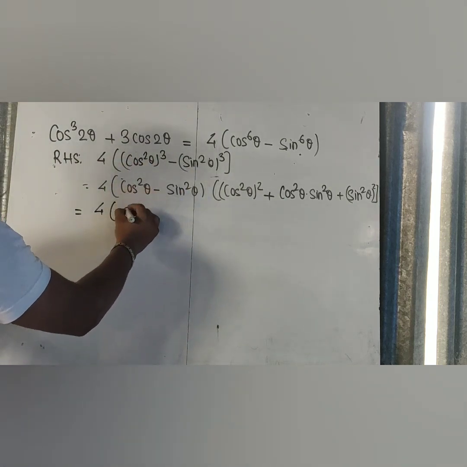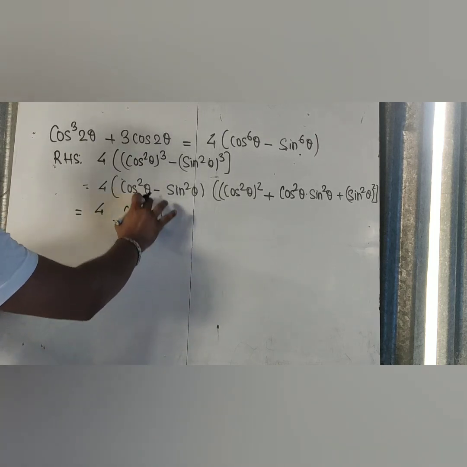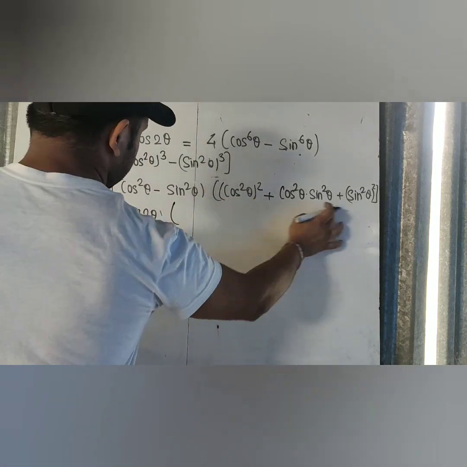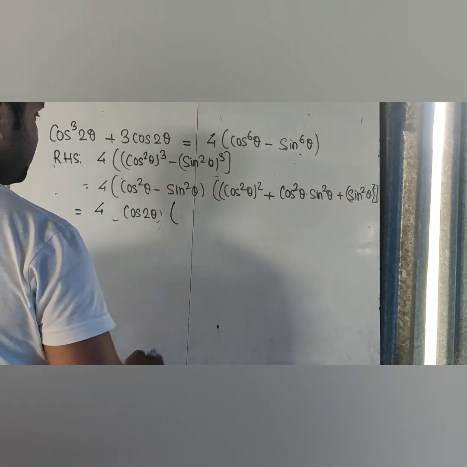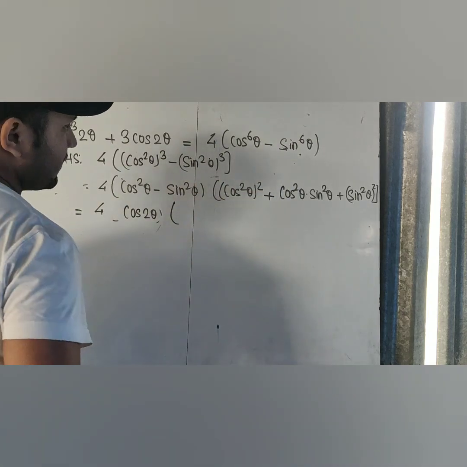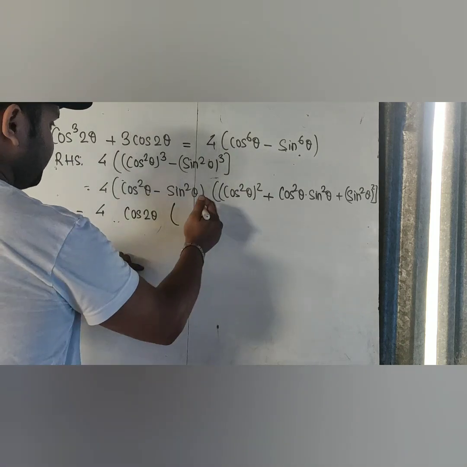Cos square theta minus sin square theta is cos 2 theta. We all know this formula. Now we arrange the terms cos square theta whole square plus sin square theta whole square. We put them together and we write it in the form of a square plus b square. So cos square theta whole square plus sin square theta whole square, writing in the form of a square plus b square, we have